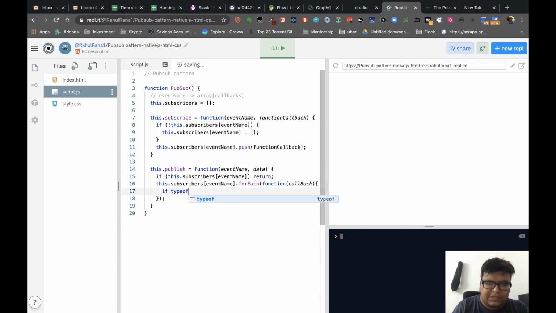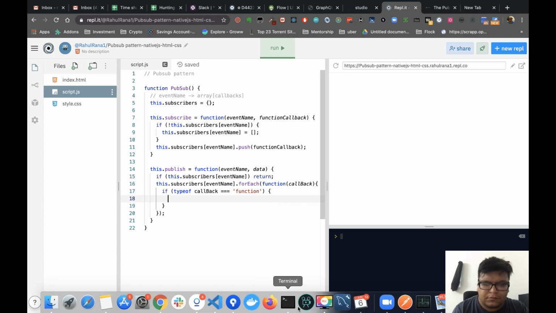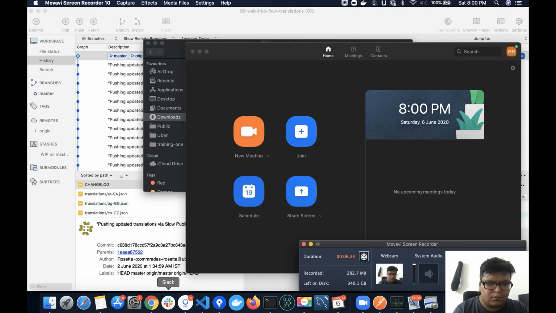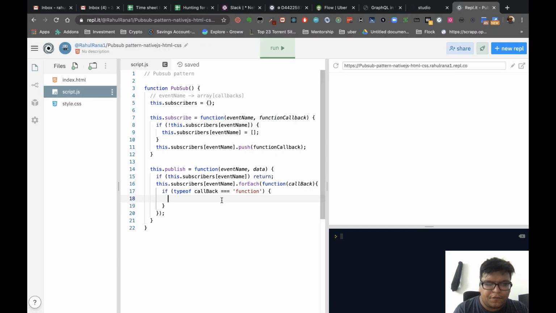You just make sure that whatever is passed is right. This is just an extra check, whether the type is a function, and it should be called.